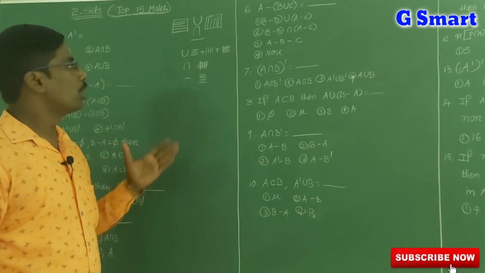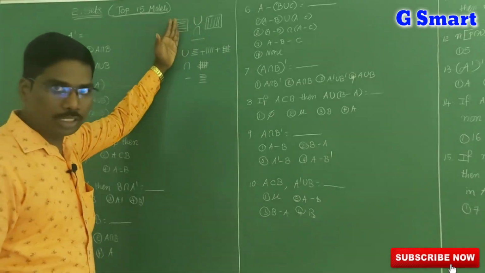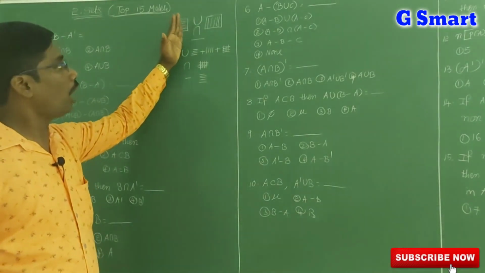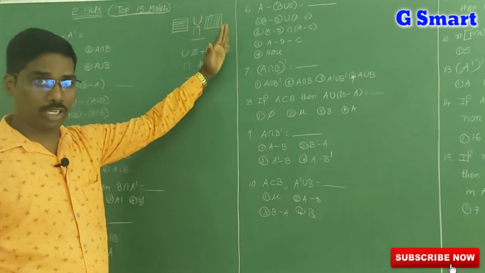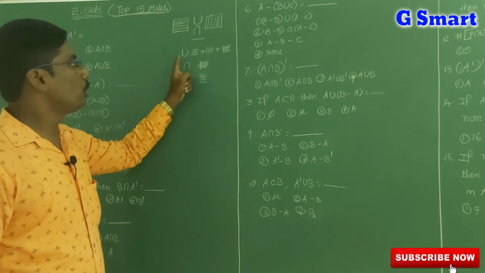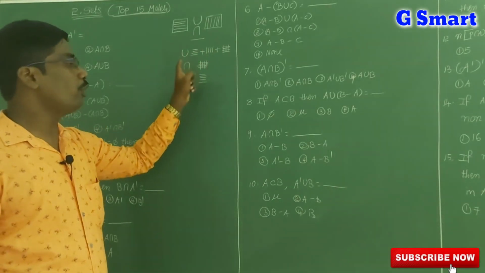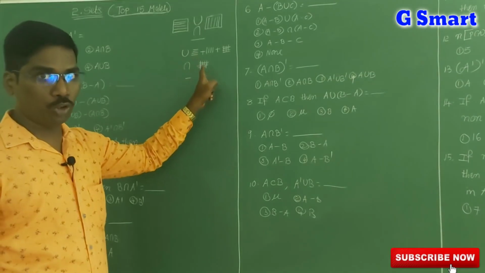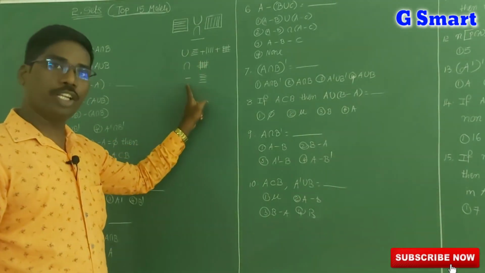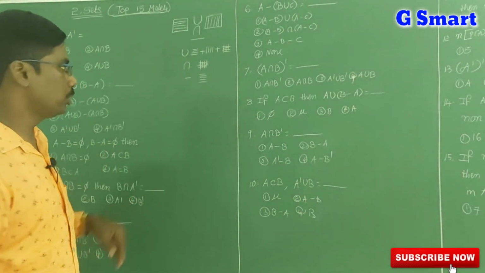Now remember, before the operation, whatever set is there, that is horizontal lines. After the symbol, whatever set is there, that is vertical lines. After drawing, if you want union, you take all horizontal, vertical and the combination of both. If you want intersection, you take only the combination of both. If you want difference, you take only horizontal lines. So now we will do all the problems. Let us see.